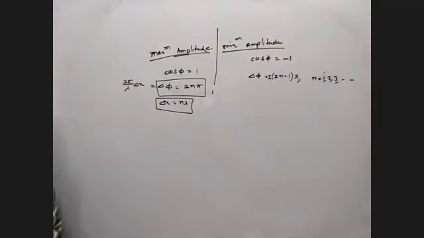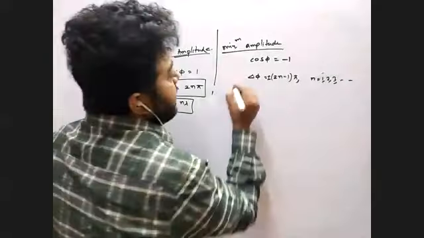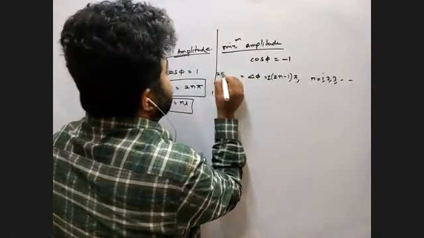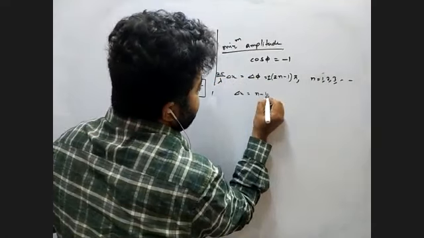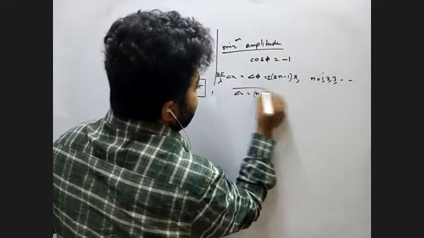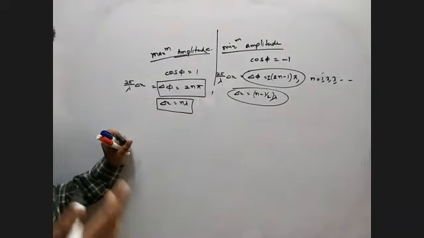See, if you put n equals 1, what do you have? 2 minus 1 is pi. If you put 2, 4 minus 1 is 3, so 3 pi, and so on. Is it clear? And your path difference is del x equals lambda by 2 pi into del phi, so del x is (n minus half) lambda. These are very, very important. These are used in class 12 also.